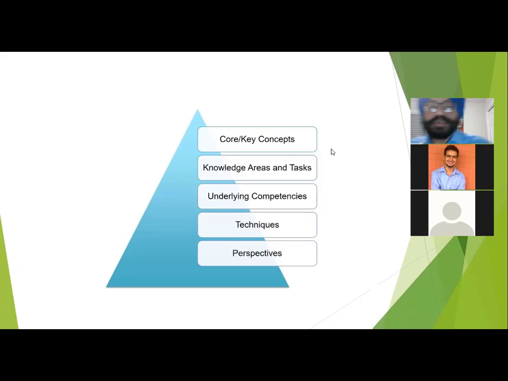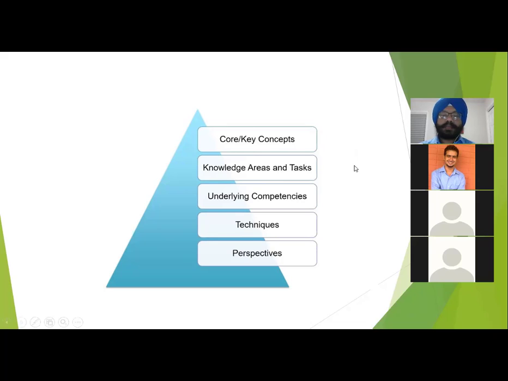So hold on to those questions until the end. All these things are good for the preparation of the BABOK exam as well. Not only that, in terms of understanding and responding in an interview also, you should be aware of all this information. So when we are talking about the core concepts,